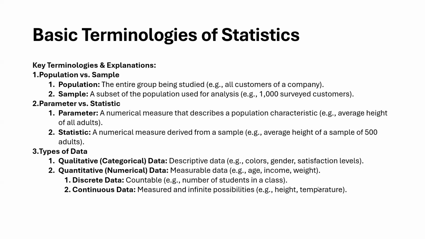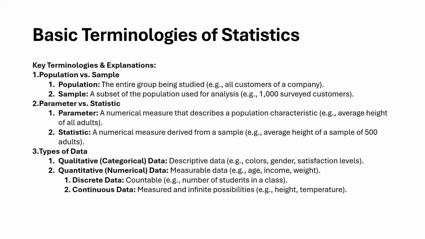So here we have parameter and statistics, right? What is a parameter and what is a statistic? A parameter represents a numerical measure for your entire population. Let's take the example of cars. You have a population of cars. If I'm asking what is the average length of all the cars, let's say the average is around 4.5 or 4, okay? But if I'm picking a particular segment, let's say Creta, then I'll call this a statistic, because